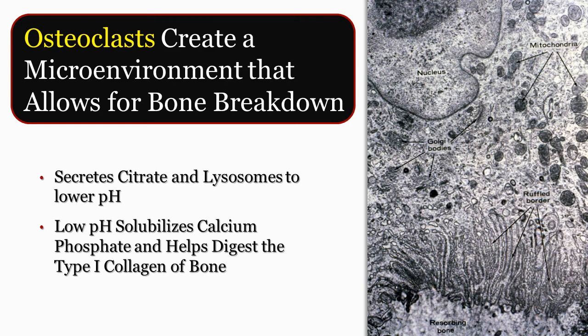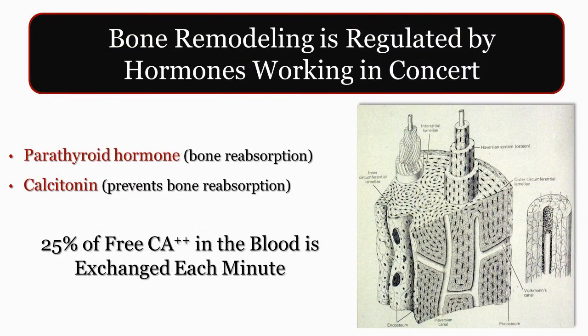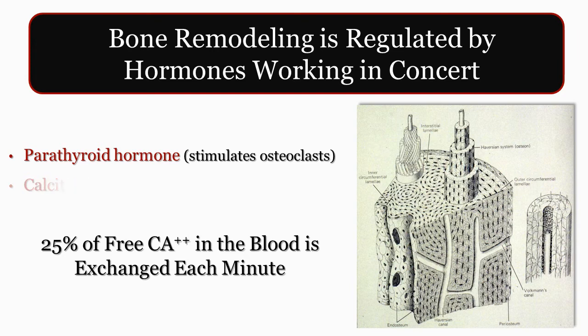Hormones that regulate bone reabsorption have different actions on the cells. Parathyroid hormone stimulates the production of osteoclasts to make more bone-eating cells, which increases the free calcium in blood. Calcitonin removes the osteoclast's ruffled border, and hence its microenvironment, so it cannot digest the bone when calcitonin is involved.